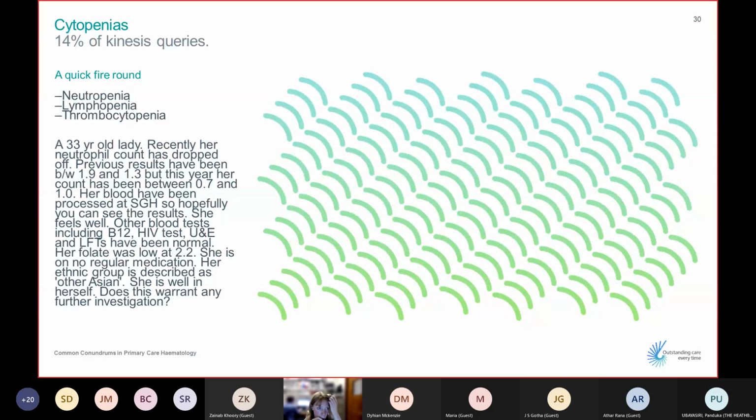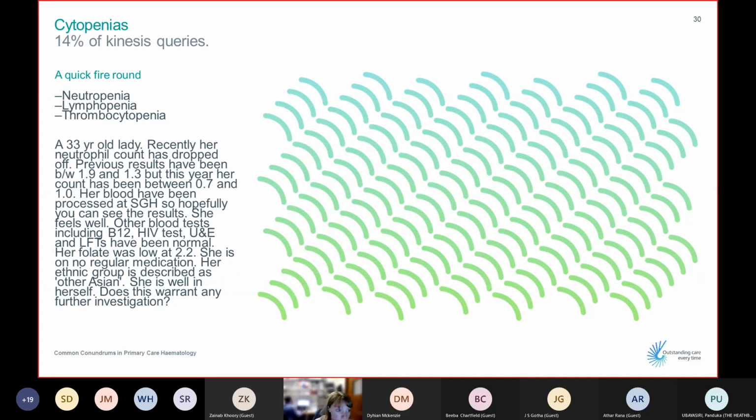So we've talked about 2 quite broad topics in quite detail. So for the third section, I was just going to do a quick fire round on cytopenias that will bring us into our quick reference referral guideline that I put together and I'd like to get sent out to you and will hopefully be helpful.